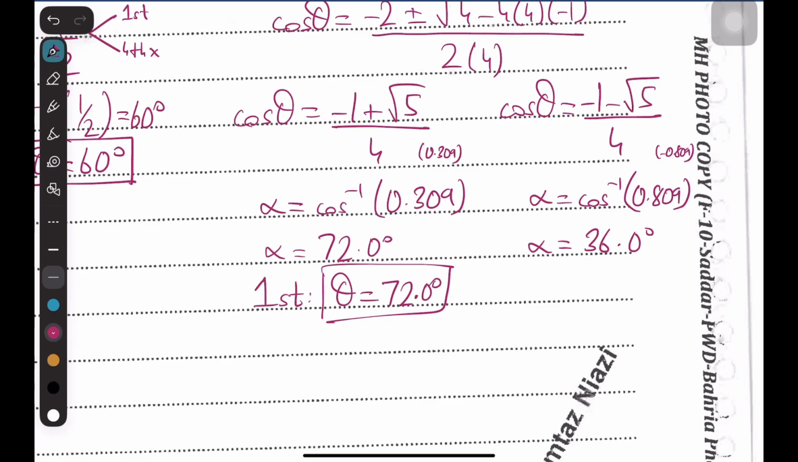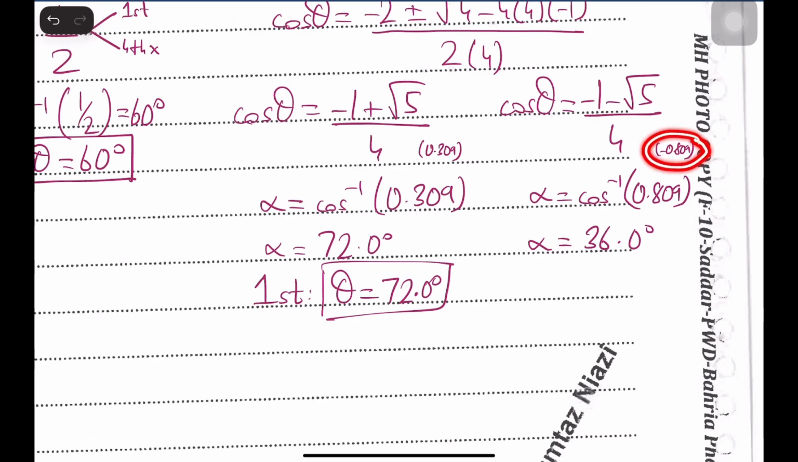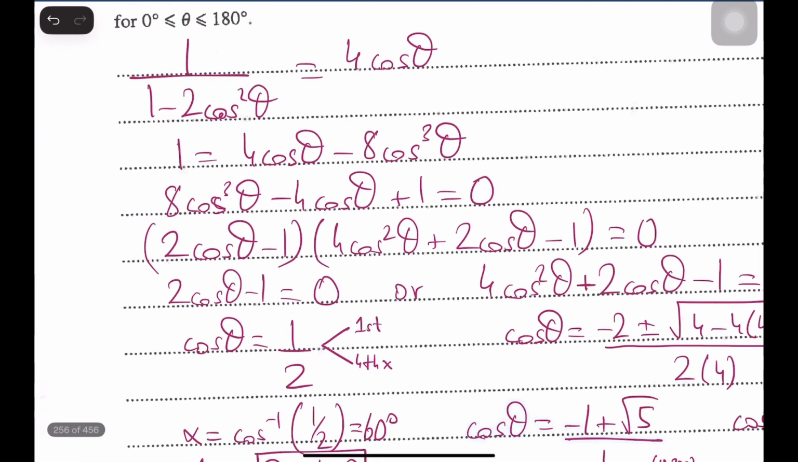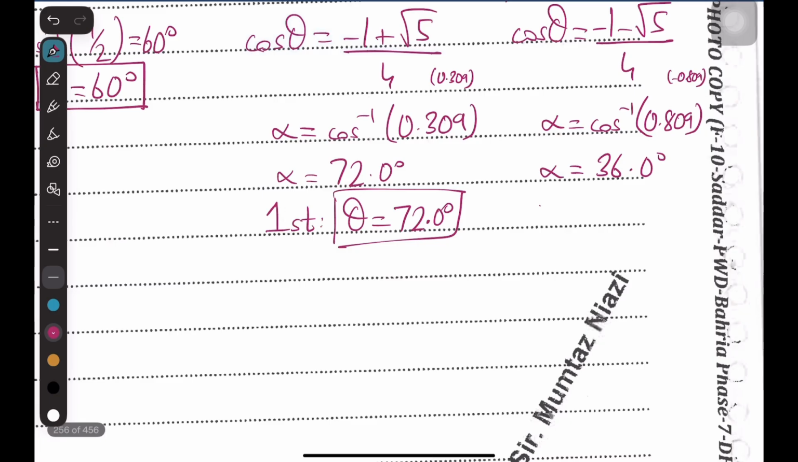So now over here we have the value as negative 0.809, so that means that cos is negative. Cos is negative in the second and third quadrants, but in our domain of 0 till 180, only the second quadrant comes. So we'll take the second quadrant for this case. In the second quadrant, theta is equals to 180 minus alpha. So theta is equals to